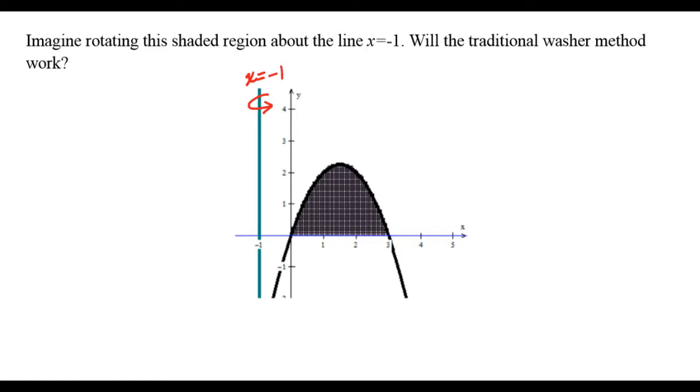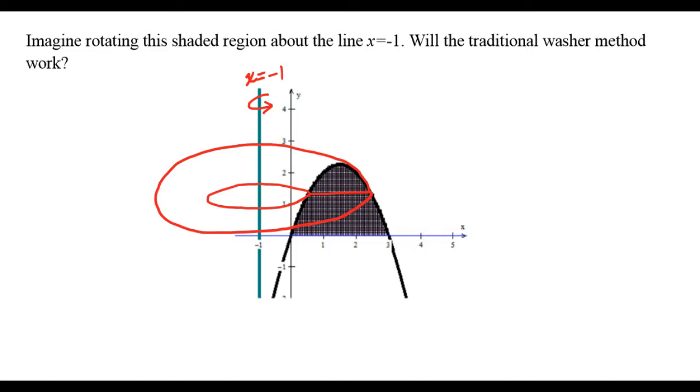And if I think about trying to create a washer, well, my cross sections are going to be horizontal. And so if I try to create one of these washers, this is going to be my inside ring to the washer, and then this is going to be my outside ring to the washer. So you might be thinking, well, okay, at this point it seems like I can use the washer method. But when I attempt to find right minus left here, I'm going to run into a bit of an issue